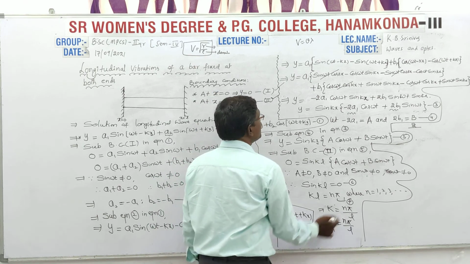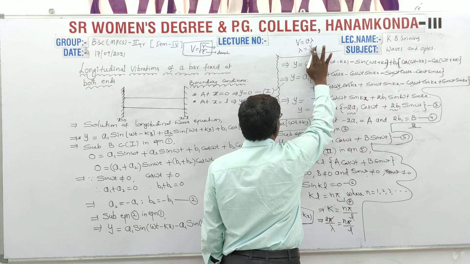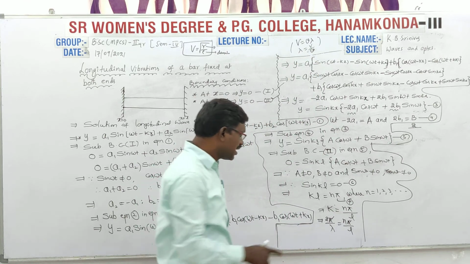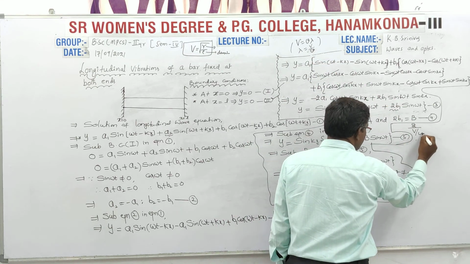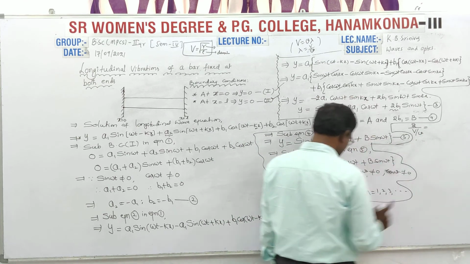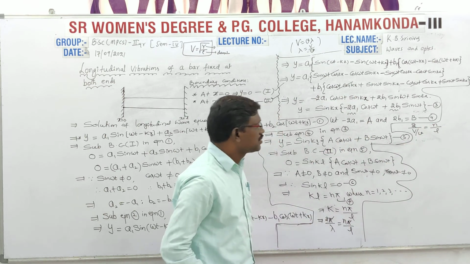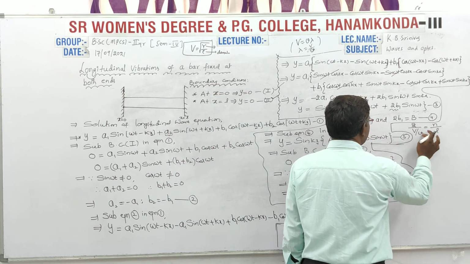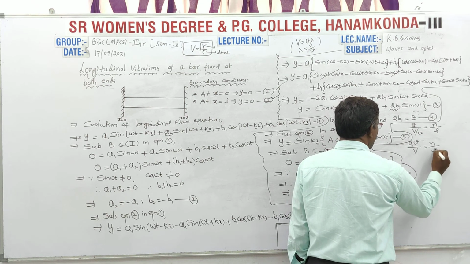But I want to calculate lambda value. So lambda is equal to V by nu. Here I am using this relation. Instead of lambda, I am substituting V by nu. Coming to the right hand side, that is already n by L. Already pi gets cancelled. My aim is to calculate frequency of the bar, so this nu comes into the numerator. 2 nu by V is equal to n by L.